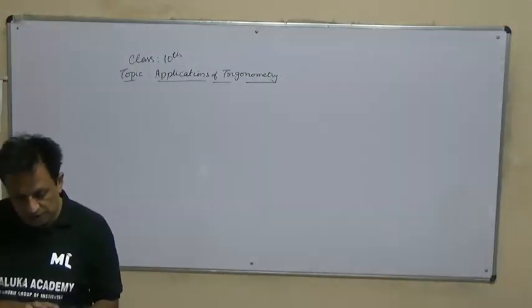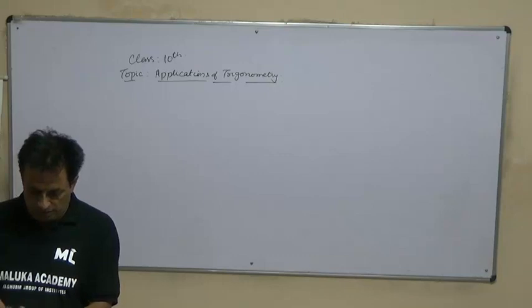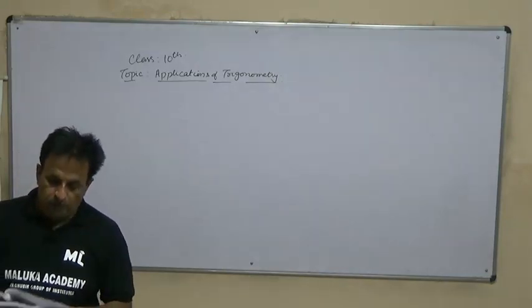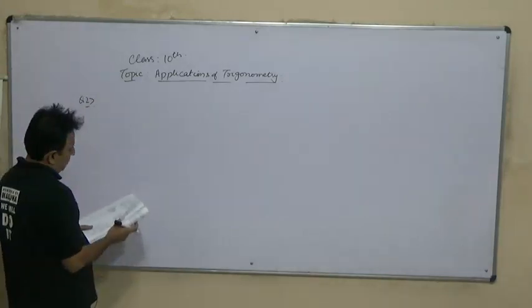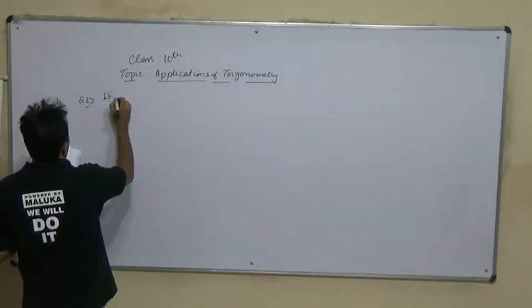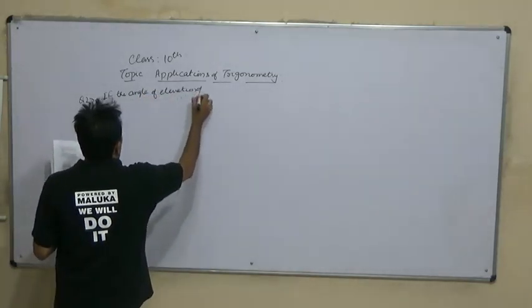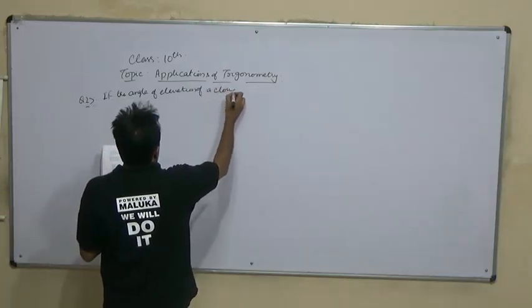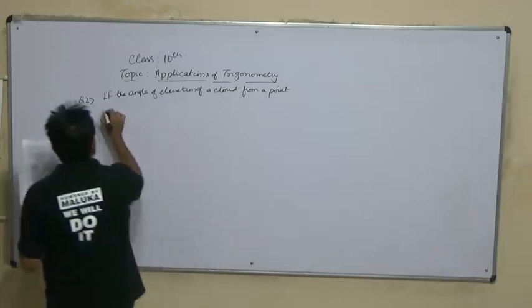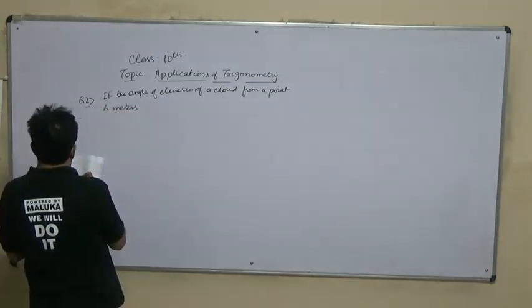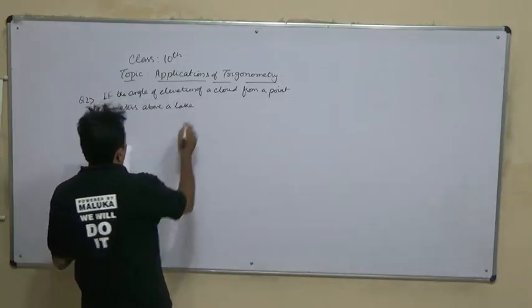Then second question in this is, question second is, if the angle of elevation of a cloud from a point h meters above a lake is alpha,